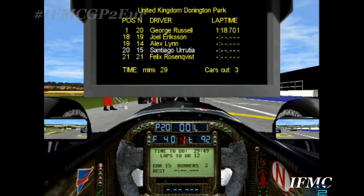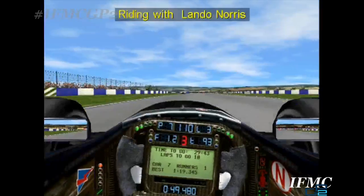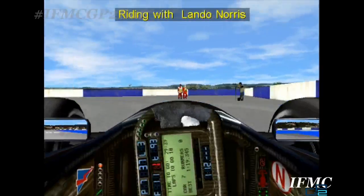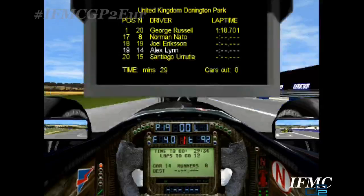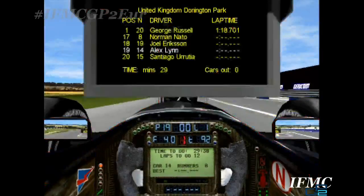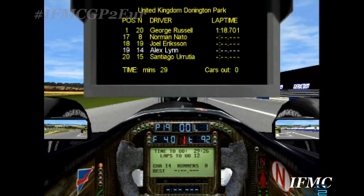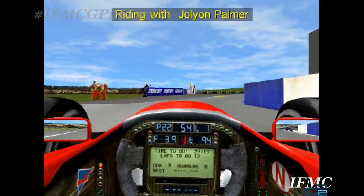Santiago Urrutia waiting to go out onto the track in the Carlin car as Matsushita's back into the pits. And Norris and Russell there, the two Brits, are back into the pits themselves as they just go around the left-hander there then. As we wait for some more pit activity, Rosenqvist expected to go out in the Red Bull Academy, and he's probably kicking himself at the moment after missing out on a possible victory in the feature race where he binned it down at turn 3 at Catalunya last weekend, but he's able to put that behind him